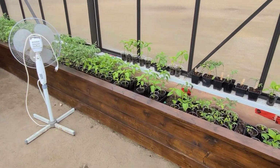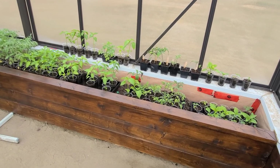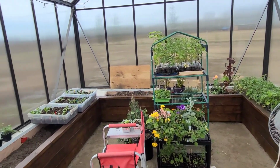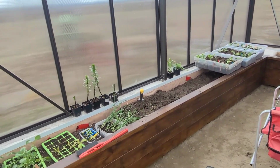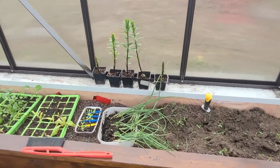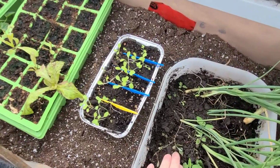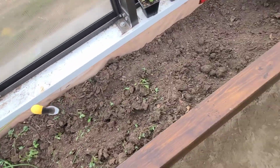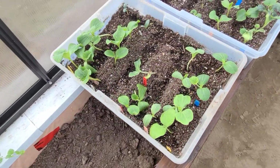So it's been a day, and we've got most of everything set up in here. Got these onions, the giant onions. I just uprooted them yesterday, put them in here, let them soak. I'm going to plant them out in the garden today where they're going. And I was going to show you the end of that